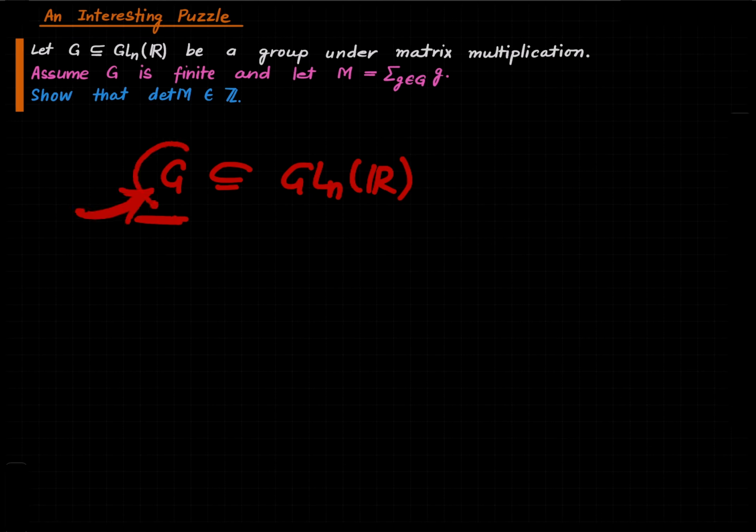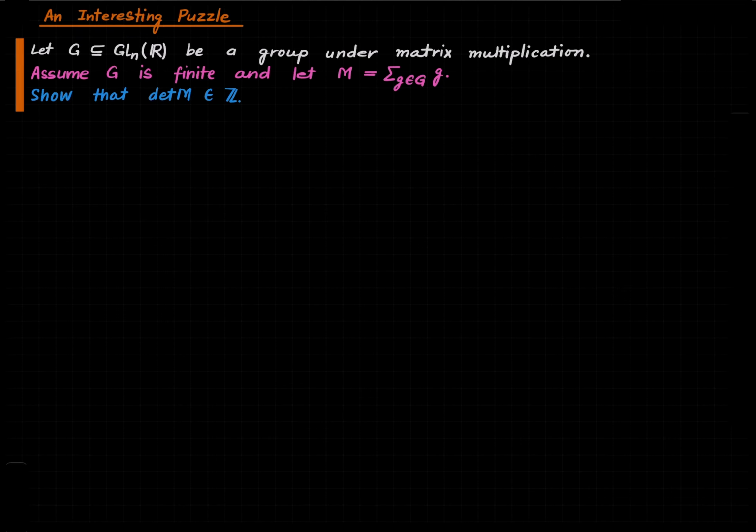So the binary operation on this set is matrix multiplication, and for it to be a binary operation to begin with, it should be closed under matrix multiplication, meaning if you pick two matrices in G and multiply them, you will again get something in G. So fix such a subset and assume that it is finite, and further assume that it becomes a group under matrix multiplication. On the side, let me just mention that if G is finite and closed under matrix multiplication,